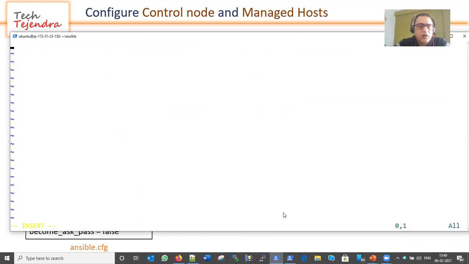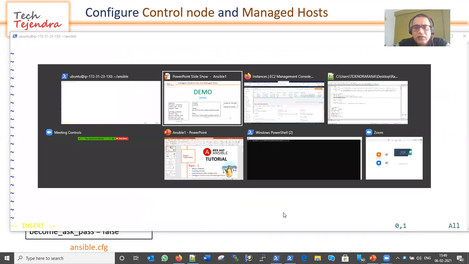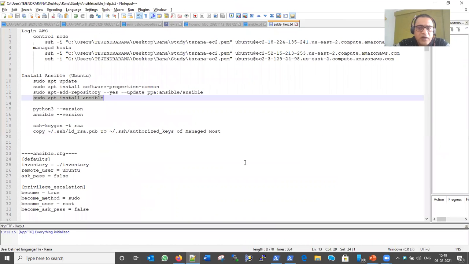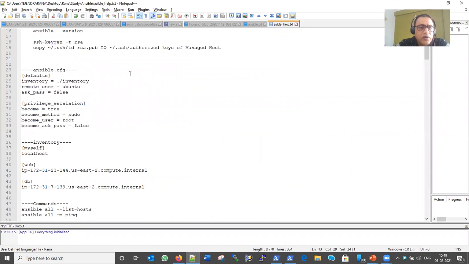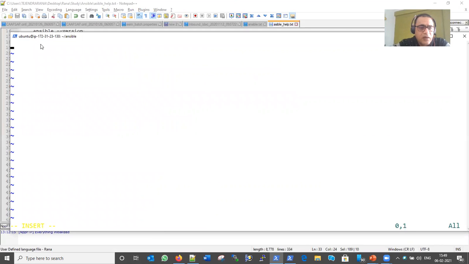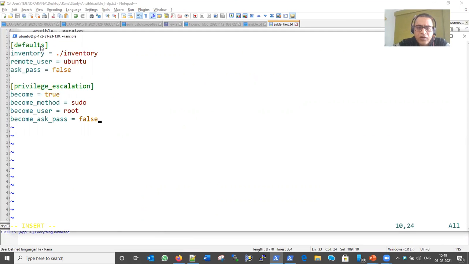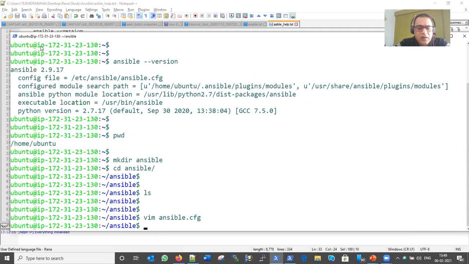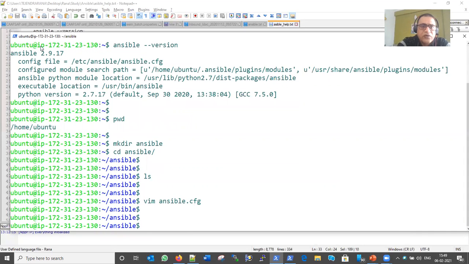Let me copy and paste the content which I have shown you. This is the content of the ansible.cfg file. Let me come out of it with :wq. Now, as I showed you, if you run ansible --version, it shows the default location of your configuration file.